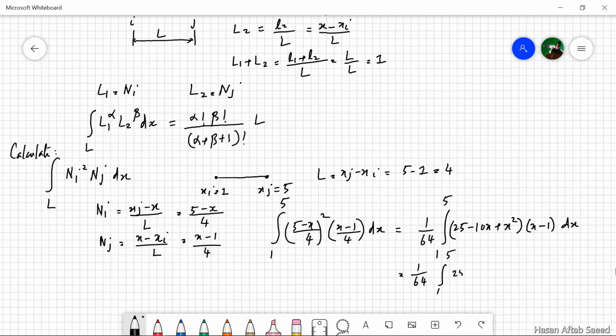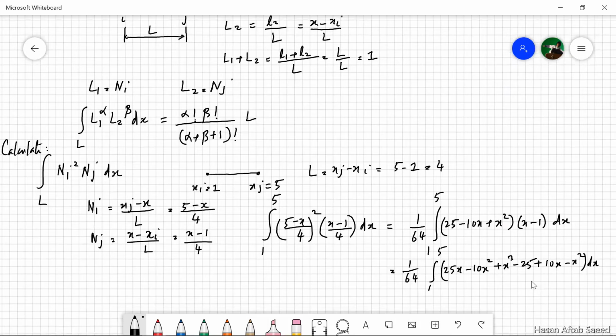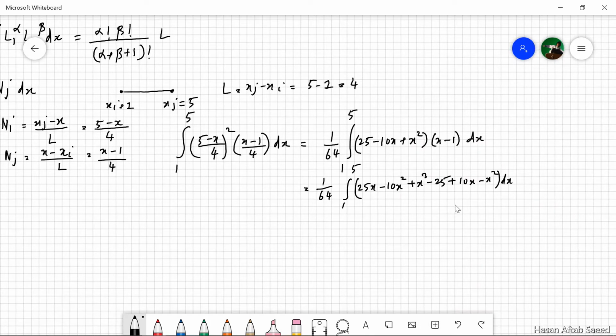Simplifying, this is 25x minus 10x square plus x cubed minus 25 plus 10x minus x square dx,